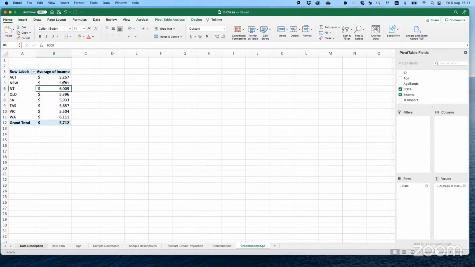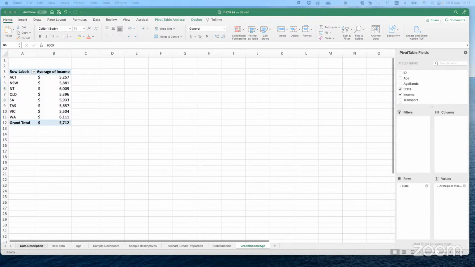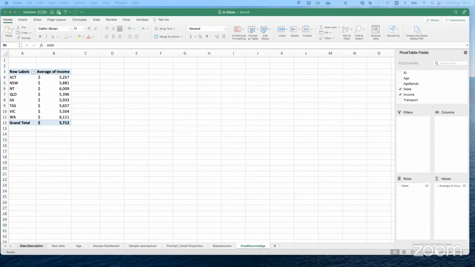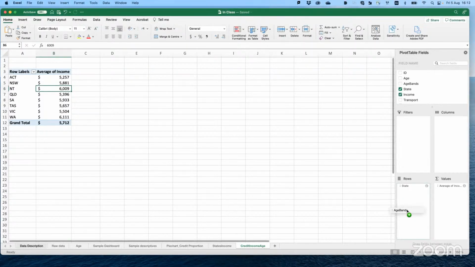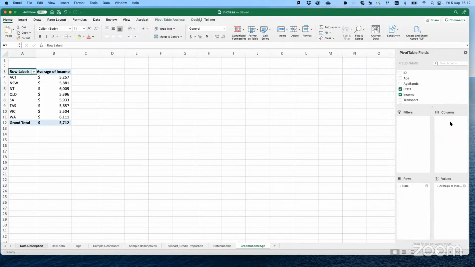I go back here. So for the purpose of this one, something that I want is to have age bands as my columns.